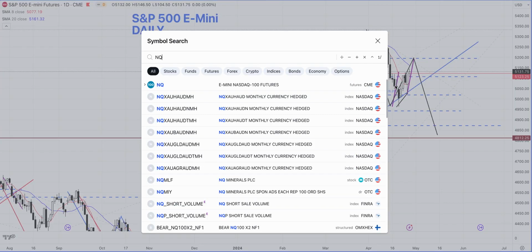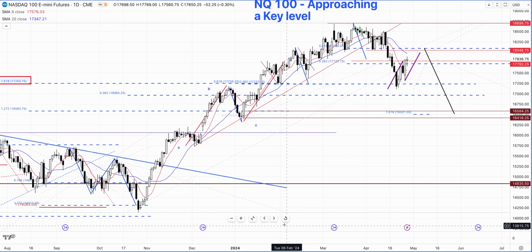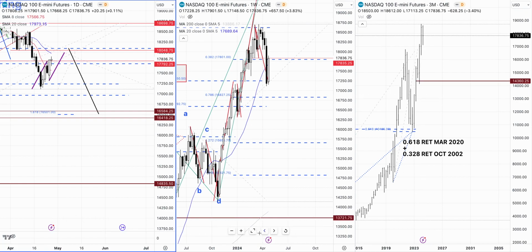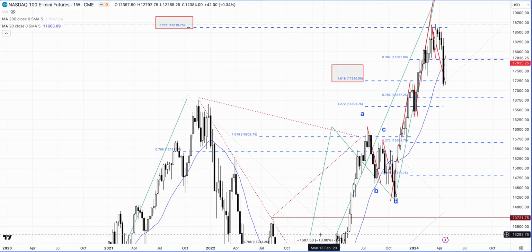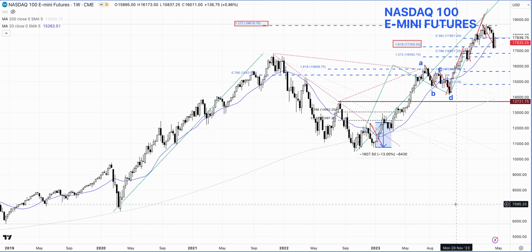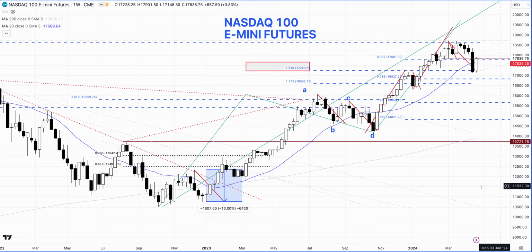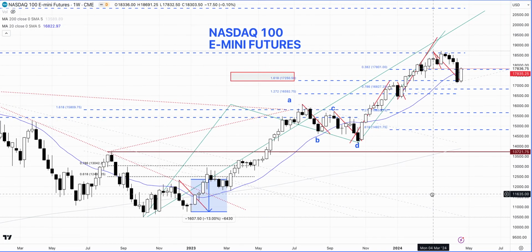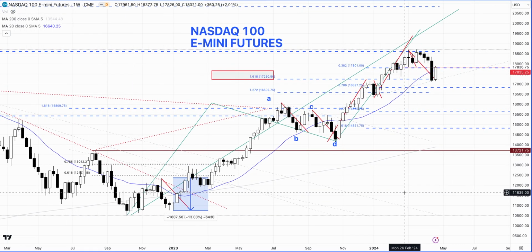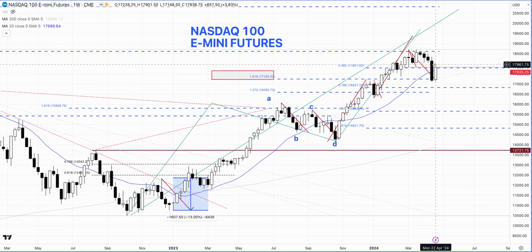Now we'll move to the NASDAQ. Now NASDAQ is very interesting. So in NASDAQ, let's move to the weekly chart. So this is the E-mini futures for NASDAQ, NQ100, NQ futures. Here, the interesting part is this. This market went exactly to this